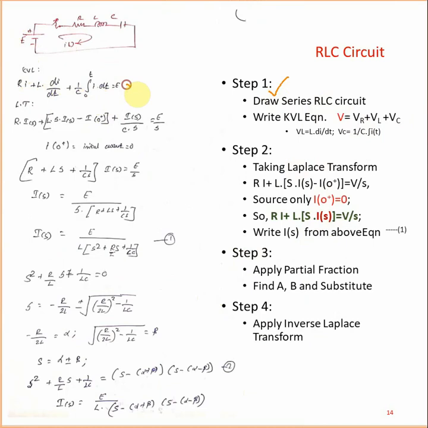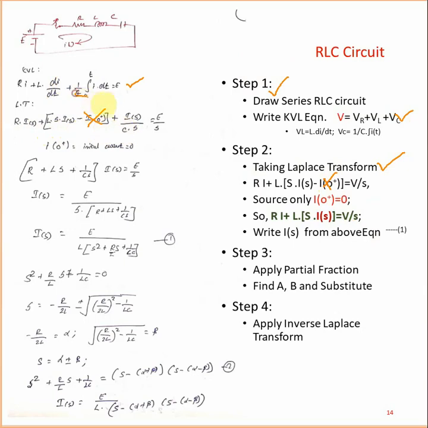So E is given, I have written. This is the first equation, completed. What is the second equation? Apply the Laplace transform. The initial condition is not present, so this term is not necessary. Then R into I of s plus L into d by dt, so s into I of s. This term is not necessary, so 0 only. If the initial condition is present, it is important.